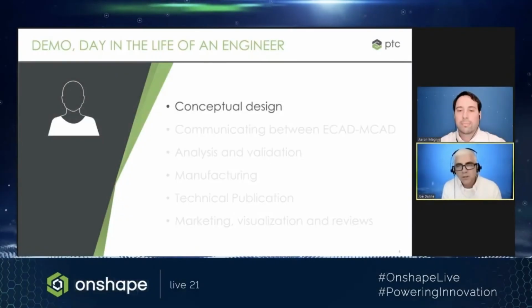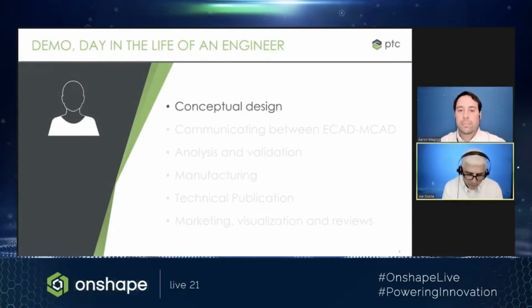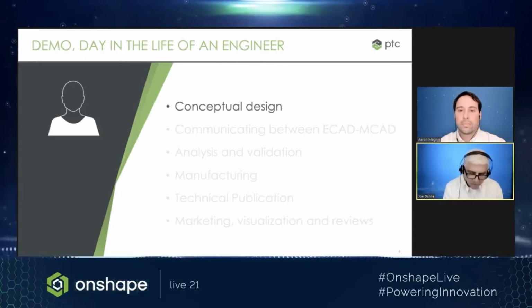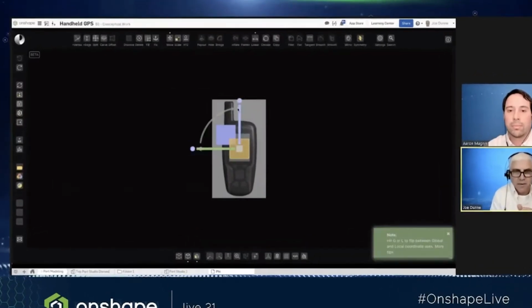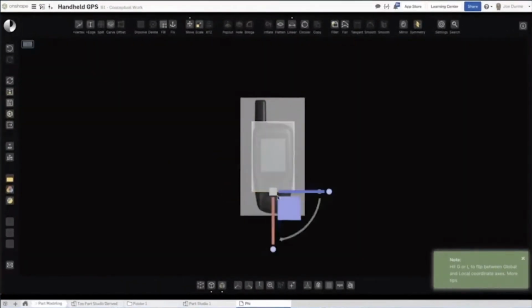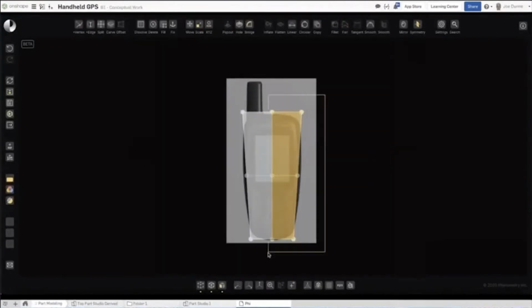So why don't we just go to the first step and we'll talk about conceptual design. And for me, conceptual design is all about kind of an artistic, creative freedom. And to do that, you can use Onshape, by the way, of course. You can create sketches and lofts and sweeps and create these shapes, but sometimes you might want to have a